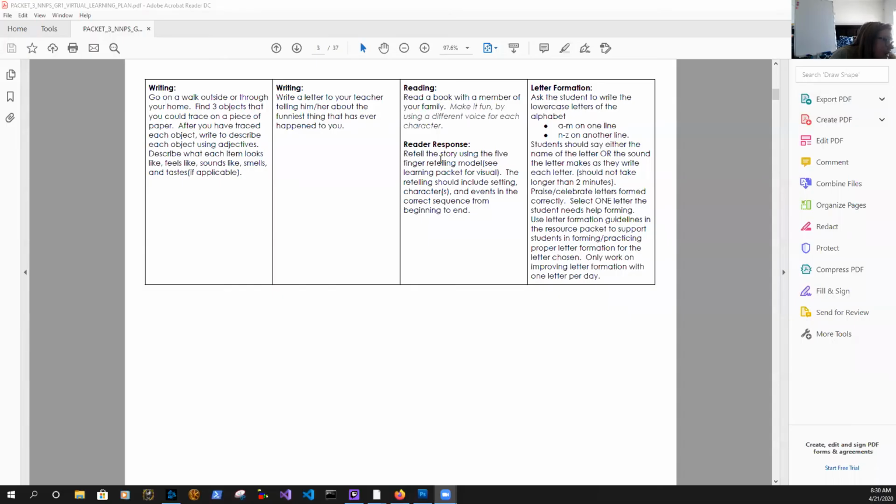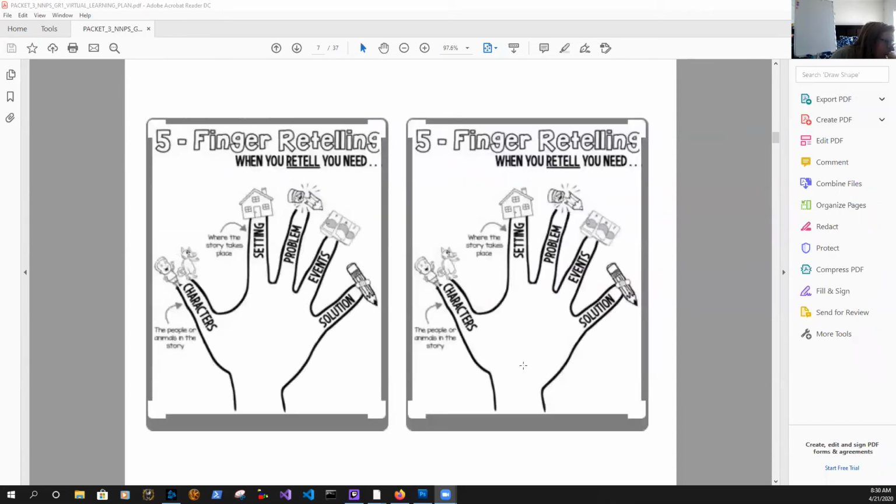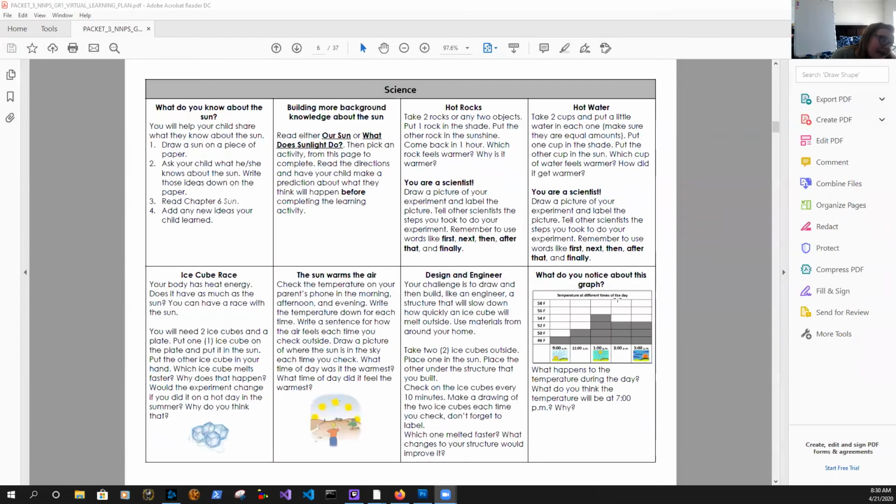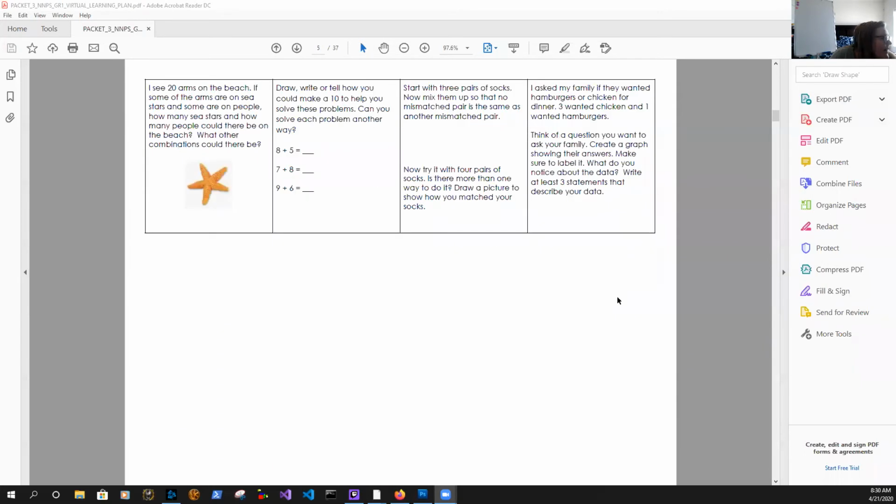And that's going to be retell the story using the 5-finger retelling model. So that's the same thing that it's using this again. And you can do it just like we did before, where you write characters and write a sentence about the characters in the story. Write setting, and then write a sentence about the setting. Same thing for problem, events, and solution, just like I showed you before.